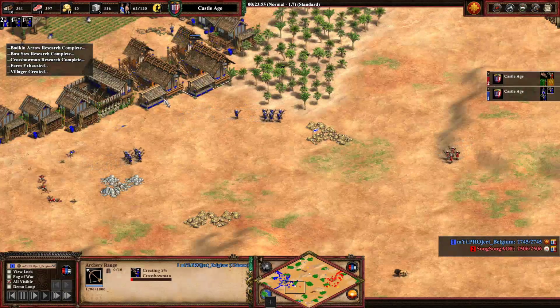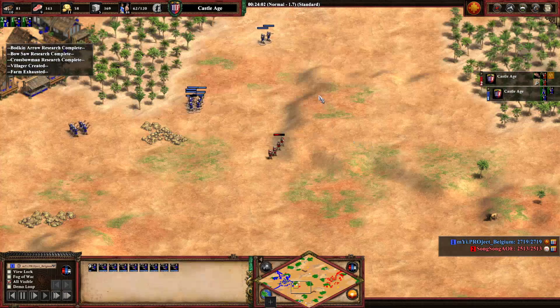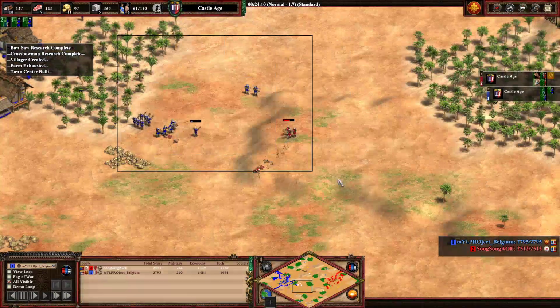And when you dump archers out, if you have 10, always do it at, click the button 5 times or whatever, or else sometimes they go around the wrong way. Not a big deal, but